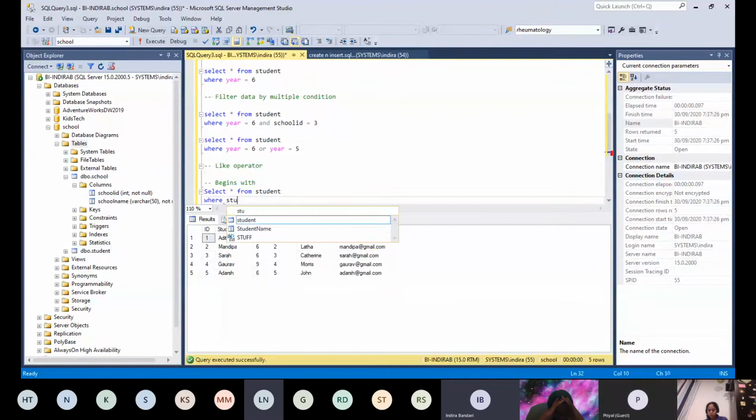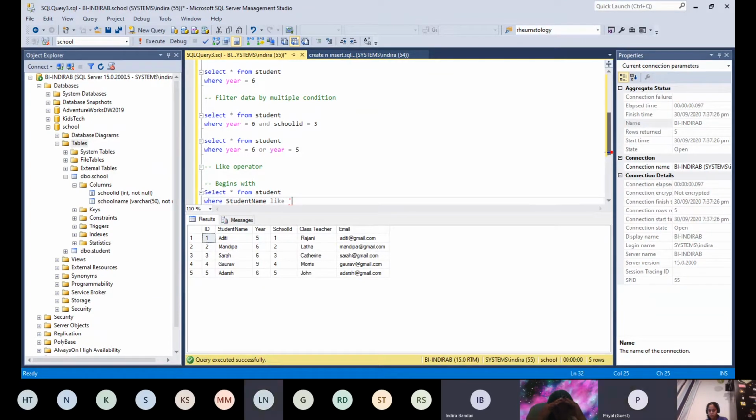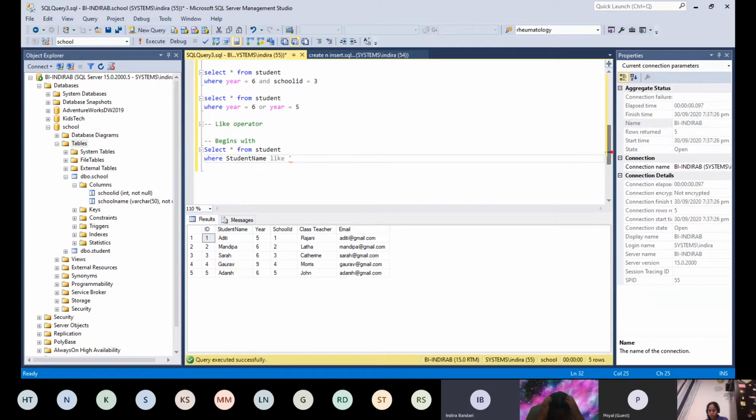Where student name like A and percentage. Yes, very good. So if you give percentage at the end, then that will search for what is beginning with A, and how many are we going to get? 2, because Aditi and Adarsh are starting with A, right?